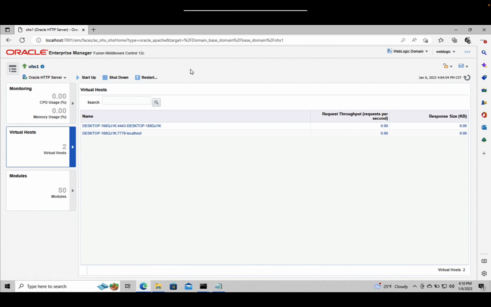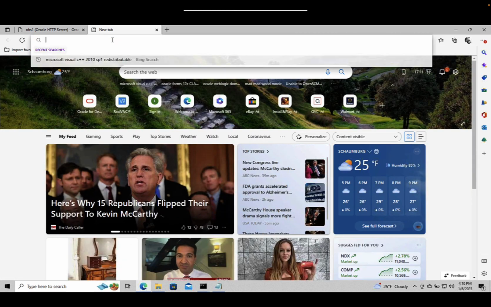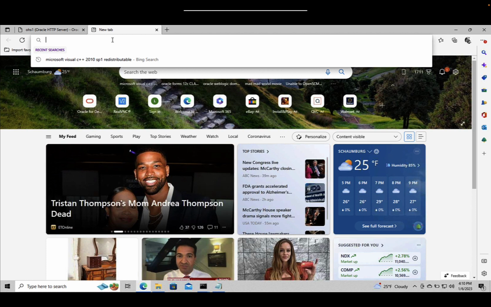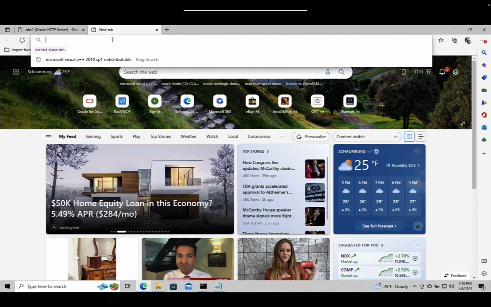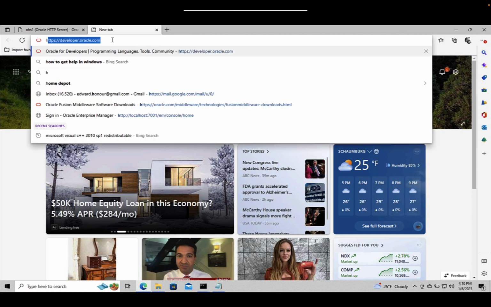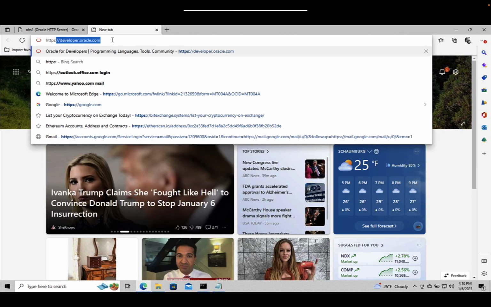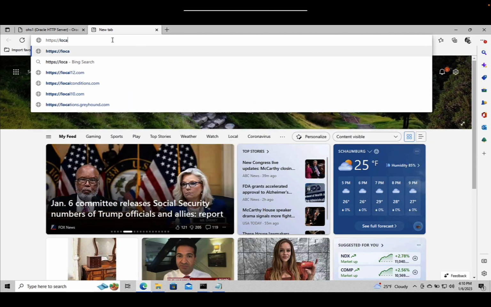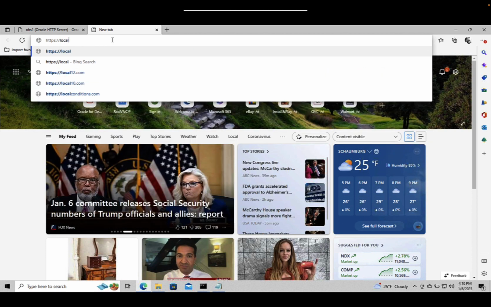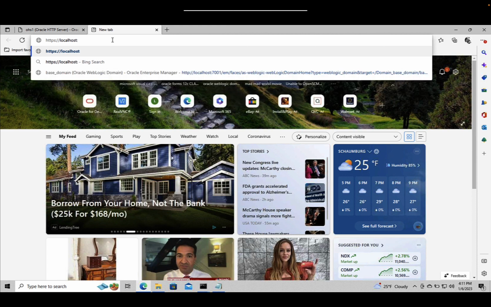The last thing we have to do is to test that Forms actually worked. So I'm going to open up a new browser window. Now keep in mind that you don't run Oracle Forms 12c from a browser, so you don't need to run it this way, but this is an easy way to test. So I'm going to go to HTTP localhost 9001, and then port 9001, and then